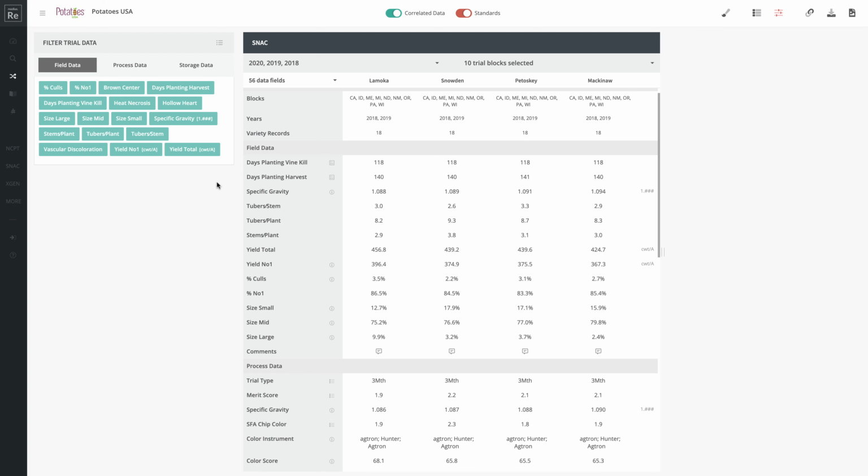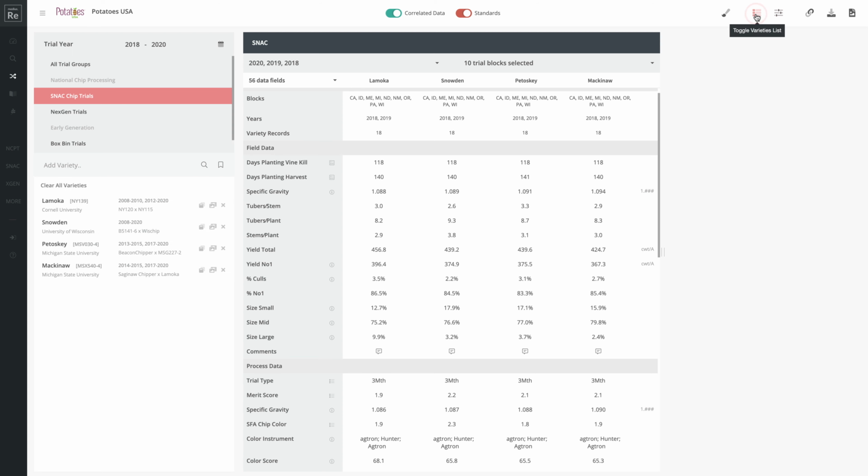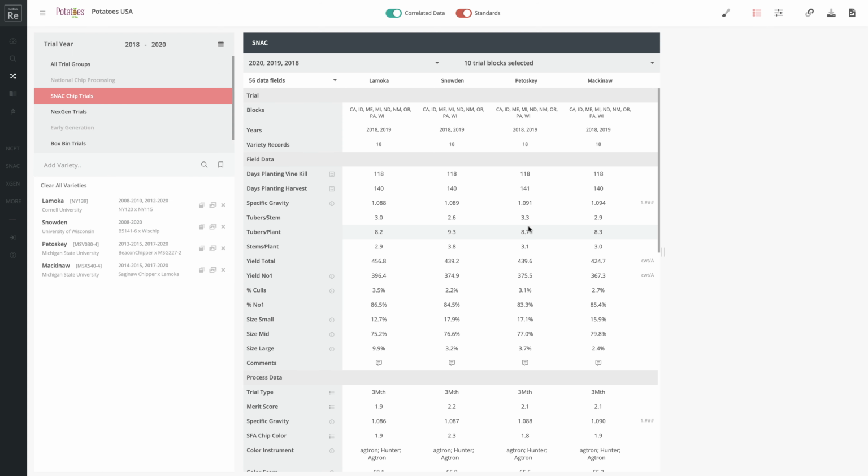I'm going to go ahead and clear that out though, so we can go back to our full data, and we'll go back to our variety list. So one of the options that you're going to have is the ability to export this data. But before we show that, let me show you another tool that you may find beneficial